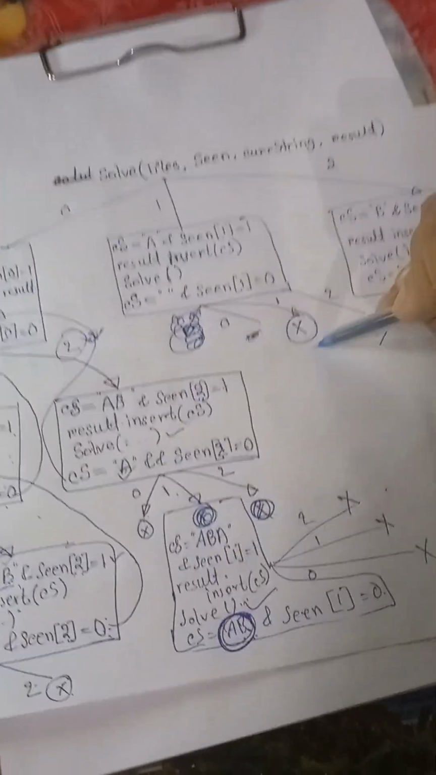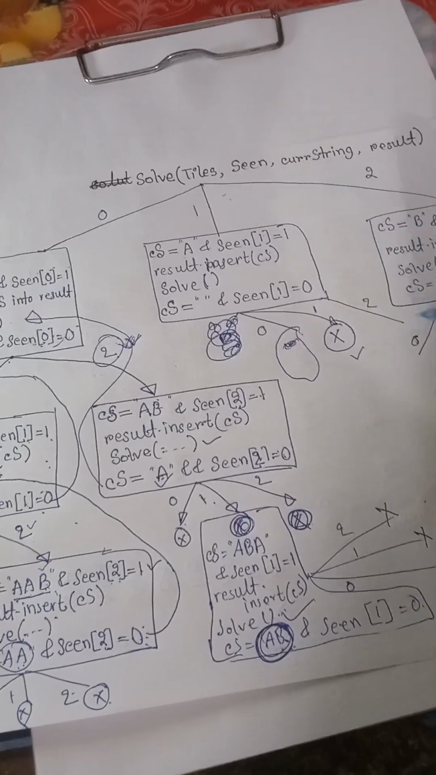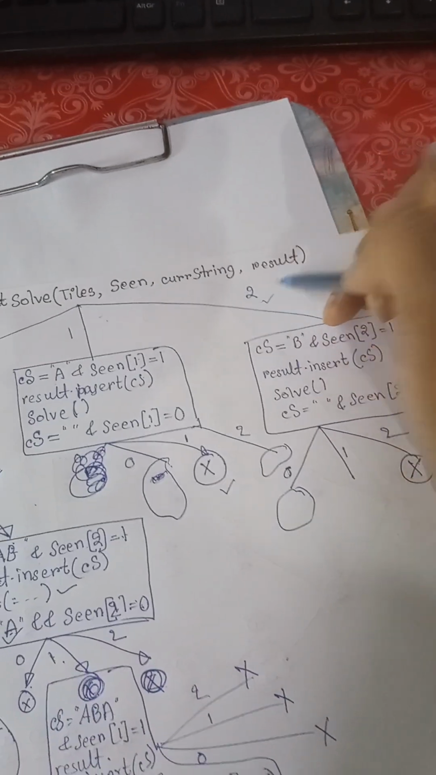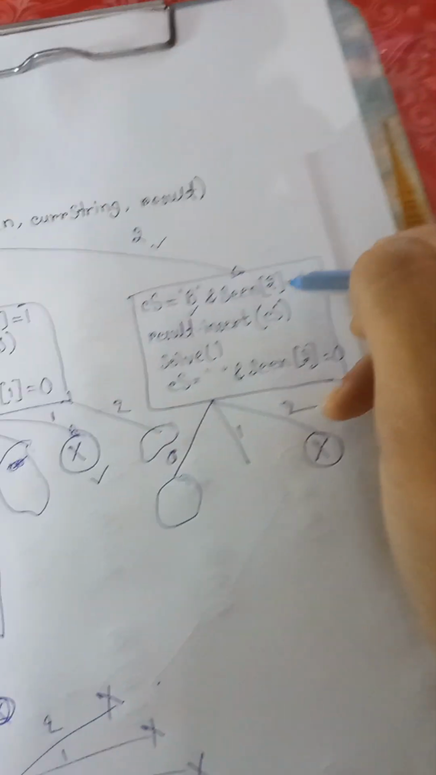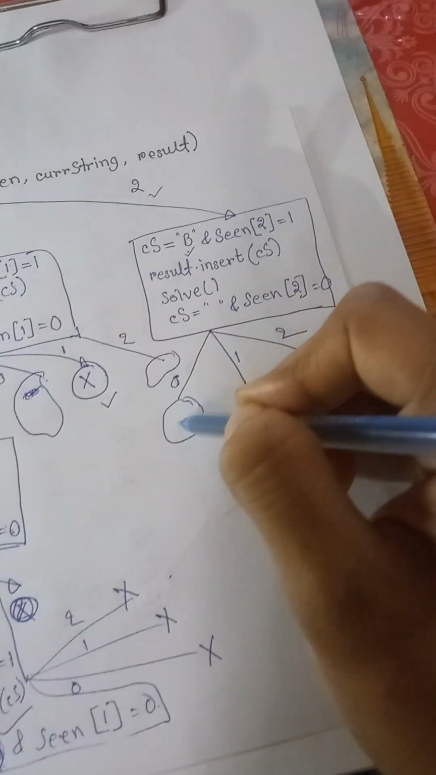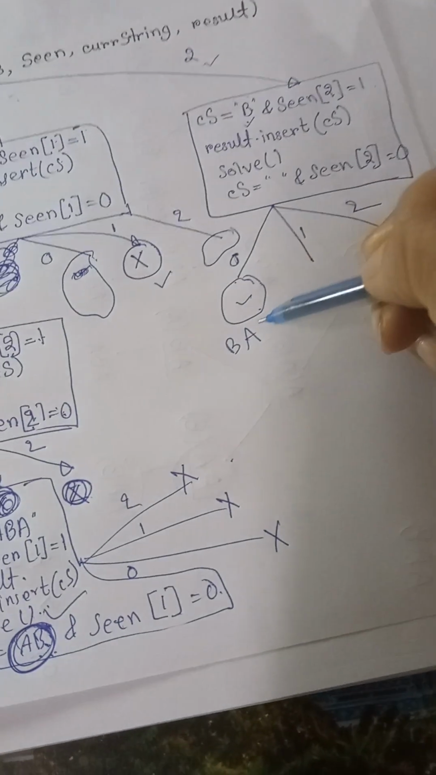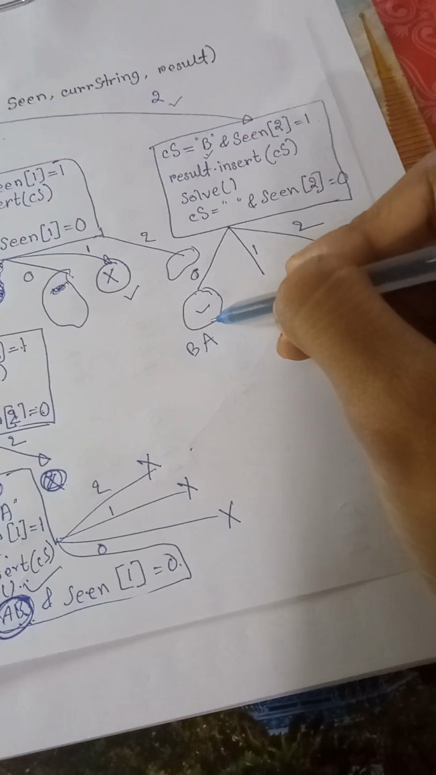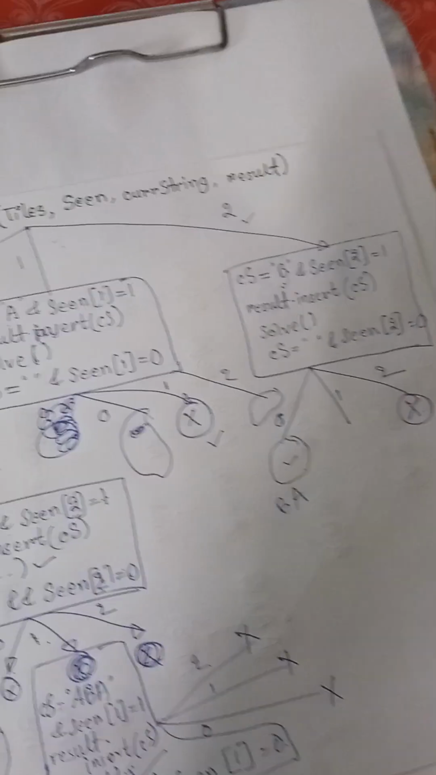Here 1 is seen, so I will not solve for 1, I will solve for 0, and I'll solve for 2. Like this for the next index like 2, and sum is B, and string is B, so here it is B. Next 2 is seen, so I'll not call for 2, I will go for 0. So here the current string is B, so 0 is A, so my string will become BA, so this is my BA. And then here it is B, so again it will become BA, but as I am storing only the unique elements,